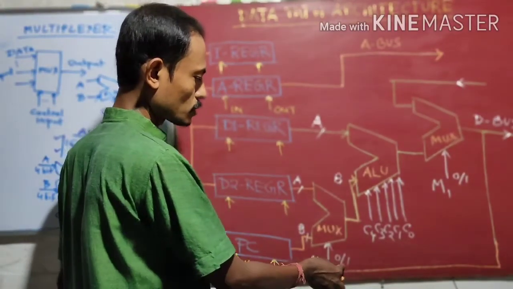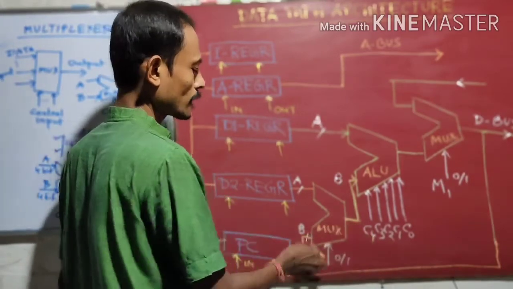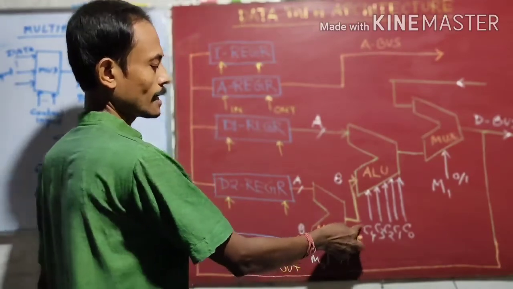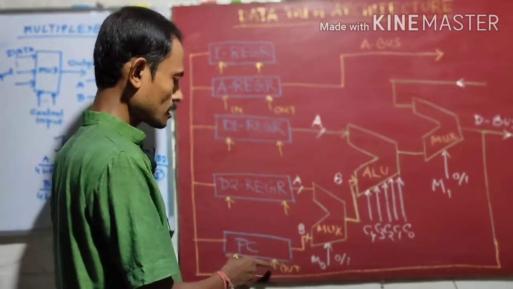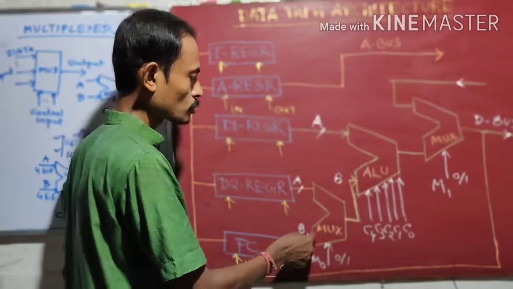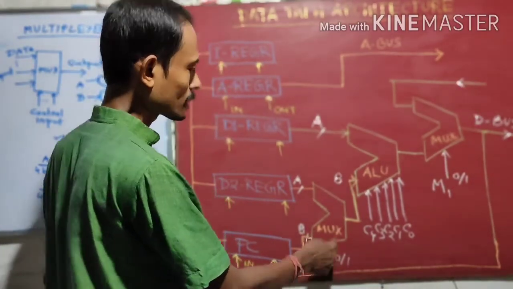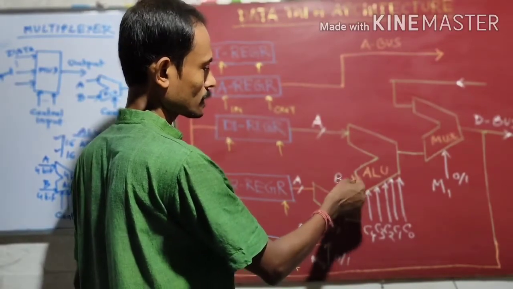On the basis of 0 or 1, suppose when it is 1, the B input will go to the output, and when it is 0, the A input will go out as the output from this multiplexer. So suppose at first this program counter holds the address, that address goes to the multiplexer, and by the proper control signal this address will go to the output of this multiplexer, and that will go